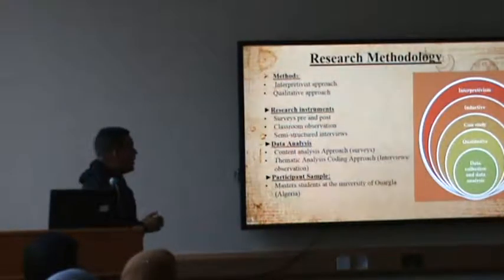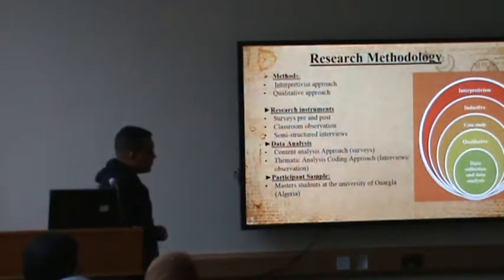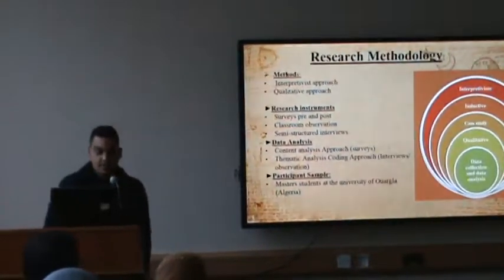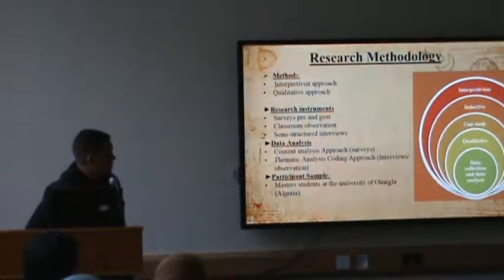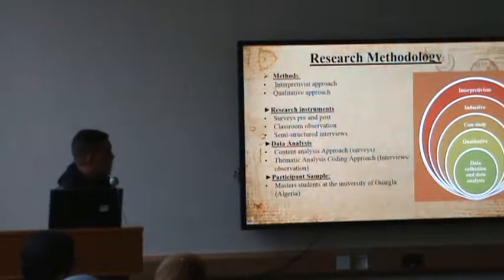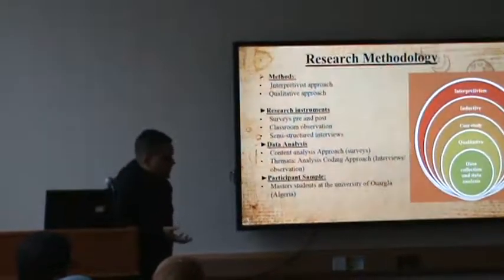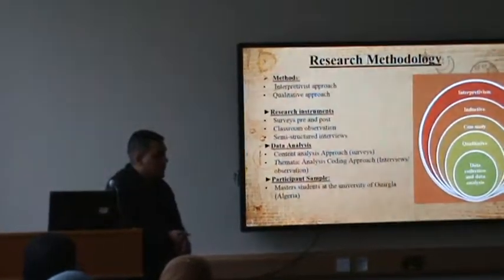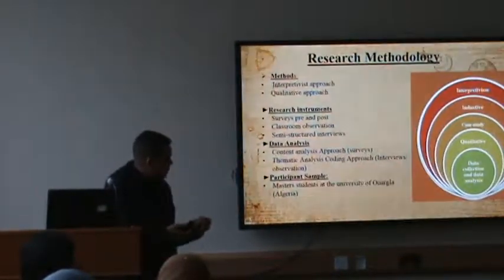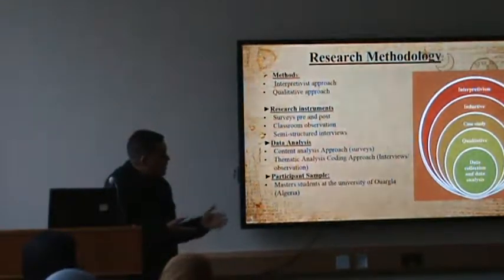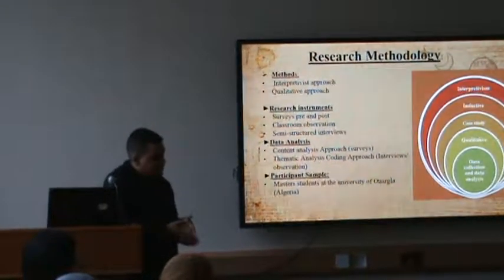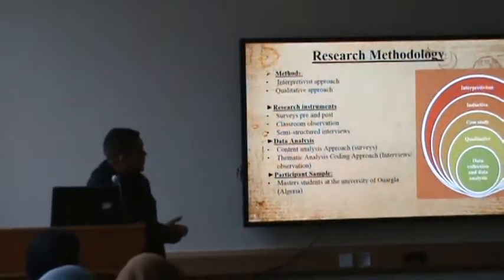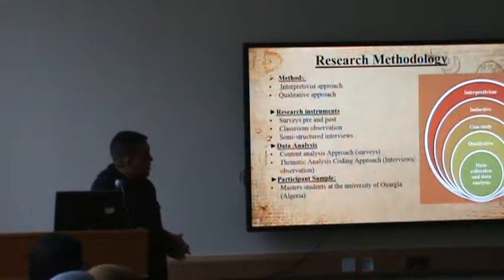So in my research methodology, I'm using the research onion method, which was developed by Saunders in 2007. I'm using an interpretivism approach because I'm focusing on students' interaction in the classroom, and also students' answers and responses, and this involves people's interpretation. And also I'm using a qualitative approach because I'm seeking people's opinions and thoughts about the study.